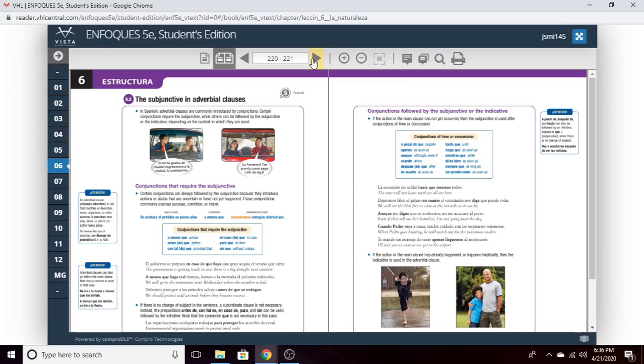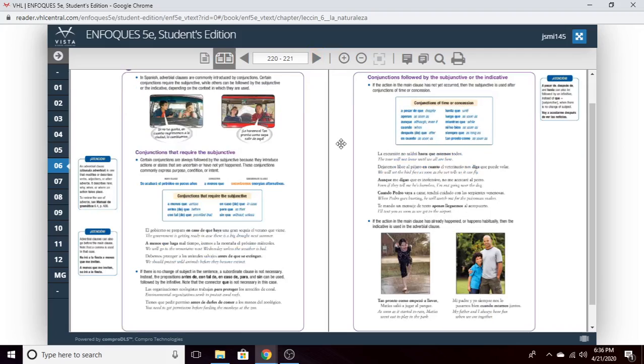The subjunctive and adverbial clauses. Okay, so the way I would do this section is look at these two boxes and know that they do two different things. So we're going to look at box number 1 first. Basically, we're trying to decide, do we use the subjunctive or something else? Typically, we look at que as our connector between the two clauses. All of these are variations on that. They're different conjunctions. With these, as written, these are always going to use the subjunctive.